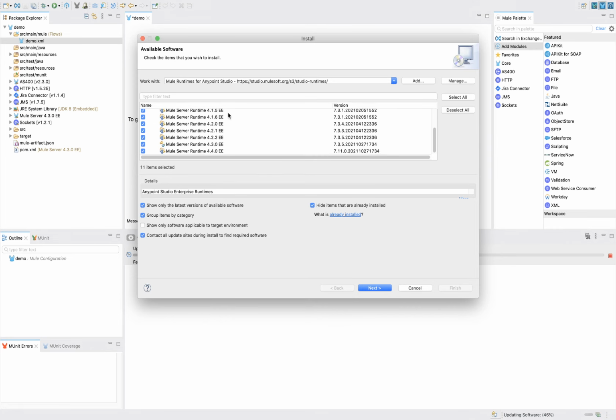As I mentioned, 4.3 is the most stable one at this moment, so we will use 4.3, and 4.3 is already added in my new Anypoint Studio. If someone installs newly, then you will get 4.4 automatically with 7.11. So you need to go to this particular option and install this one also. If you want to go ahead with 4.4, that will work and will not create any problem, but I suggest staying in sync. Otherwise, let me use 4.4. So I will install 4.4.